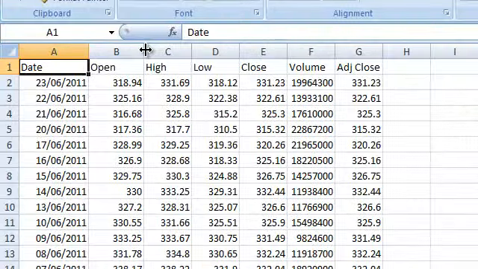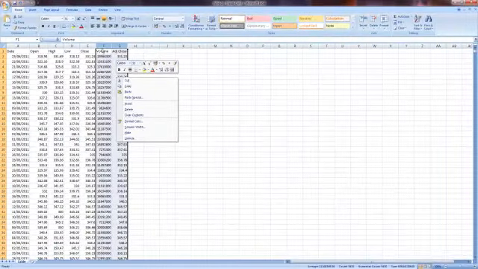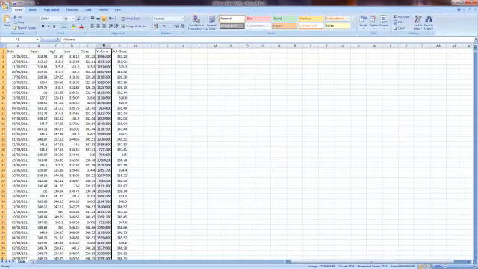It gets the date, the open, the high, low, close. Now volume and adjusted close, they're often not that much different, because this is the cash market, it's not the futures market. The adjusted close is generally always the same as the close, so the F and G we can just delete them, unless of course you want to use volume,